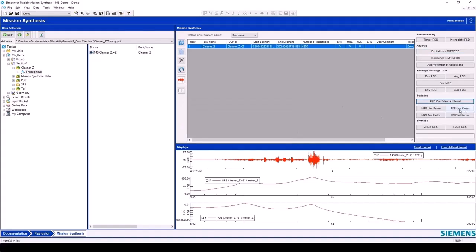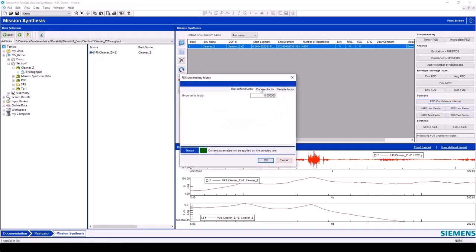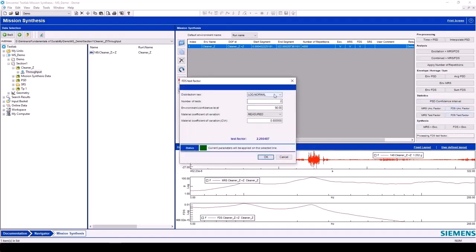Here, uncertainty factor and test factor. If I'm going to use these factors, they're optional, then I need to apply them to both the MRS and the FRS. So I could calculate an uncertainty factor, either user defined, constant, or variable, and I can add a test factor. Choose the distribution. These values come a lot from text.